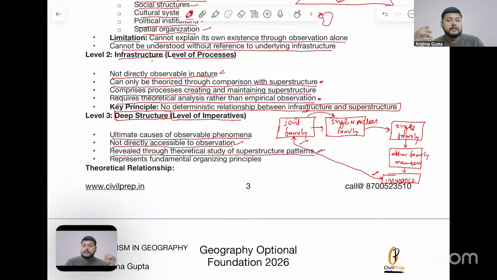In the superstructure, where are the companies investing, which companies from foreign lands are coming to India and investing, and in which companies are they investing? When we study this particular aspect, we can understand how the deep structure is interrelated with the superstructure or the change in society. Then it represents fundamental organizing principles. So what can be the fundamental organizing principles? They can also be studied with respect to the deep structure.